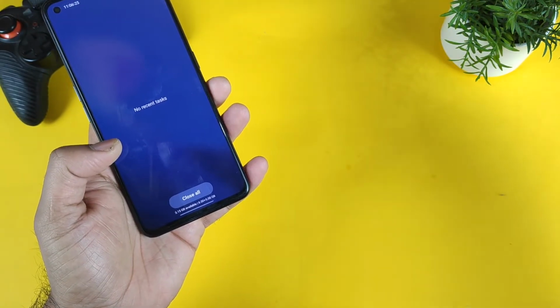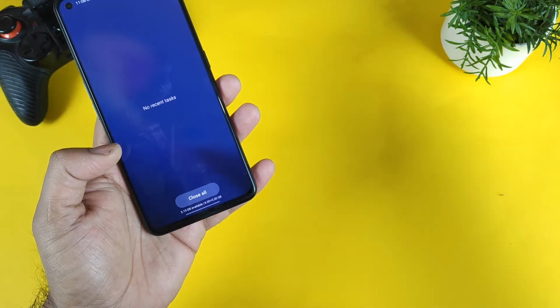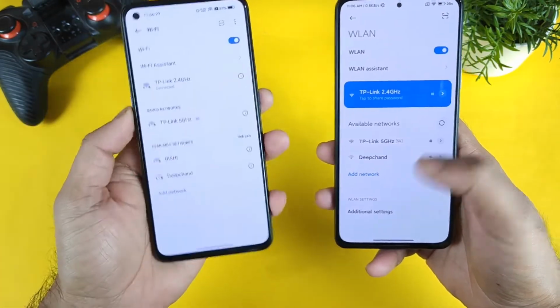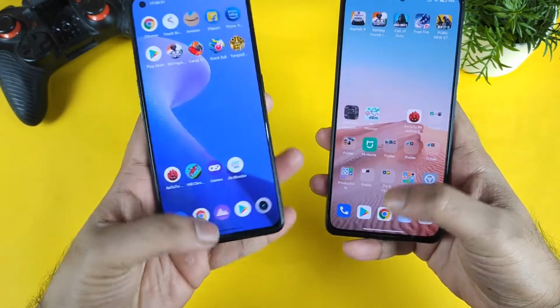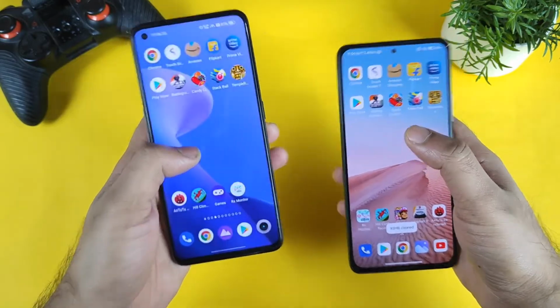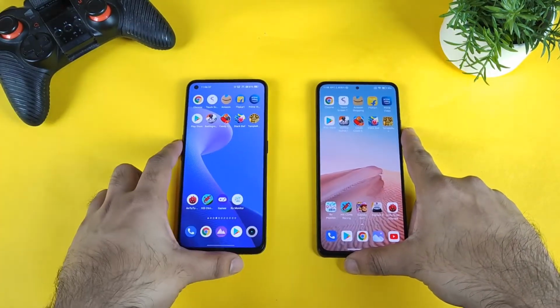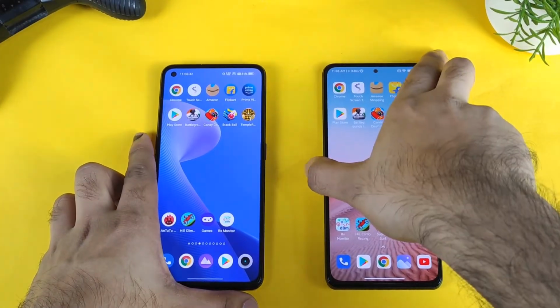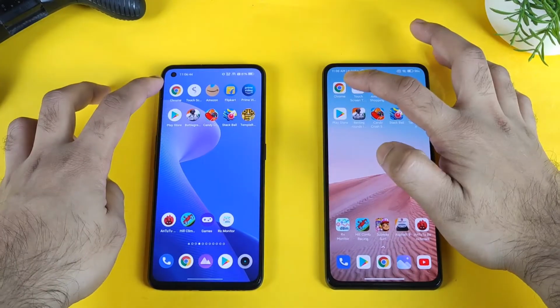Now I'm going to show you the Wi-Fi network both phones are connected to, because both phones should be on the same kind of Wi-Fi network, which is a 2.4 GHz Wi-Fi network. That's perfectly done, and all the apps are completely cleared. Let's get started, friends, with the first application, which is Google Chrome. Let's zoom in slightly so you can focus on the speed of what's happening. So let's start with the first application, Google Chrome.